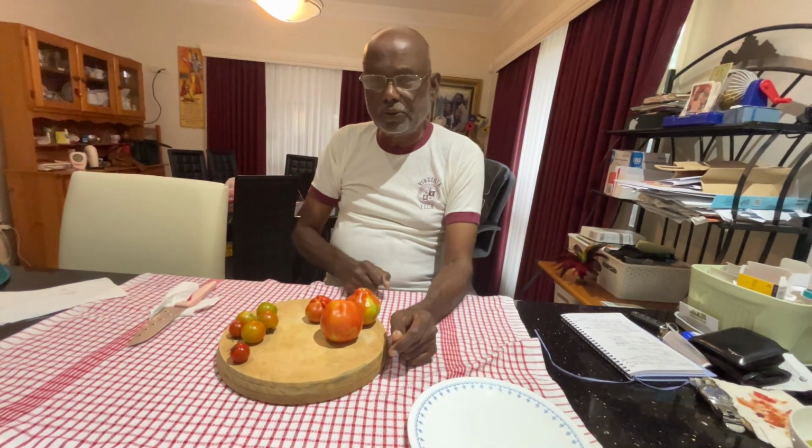Really, they don't attack the fruit. What they do is they go and lay the eggs inside the fruit. Other than that, they don't eat the fruit. So they lay the eggs inside the fruit until the worm comes out from the eggs. You don't know whether that fruit has